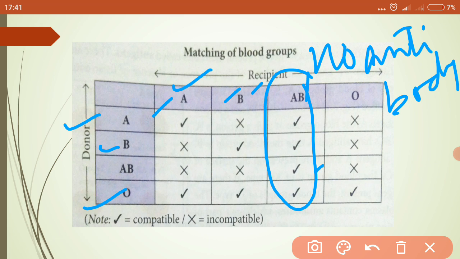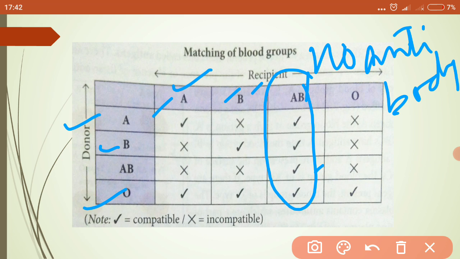Another important factor that I told you is that the Rh factor is also taken care of while transferring blood. If the blood of an Rh positive donor is transfused into an Rh negative recipient, then there will be an antibody reaction. The recipient will develop antibodies against the Rh factor, and repeated transfusion of this Rh positive blood to the recipient will become fatal. But blood of O negative or AB negative, whatever Rh negative, can be transferred to Rh positive. Is it clear to you?